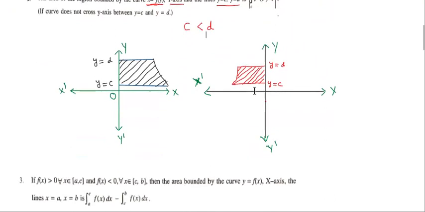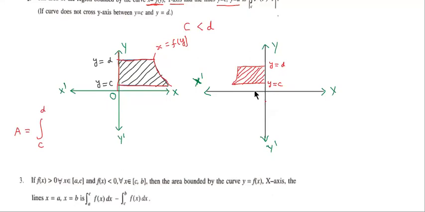That is the formula. See here, by observing the first diagram, this is a curve. The curve is x is equal to f of y. The y-axis and y is equal to c and y is equal to d. Between these four, whatever is the shaded area, that is the required area. Now this is the formula. Required area A is equal to, here observe the limits, c is less than d.